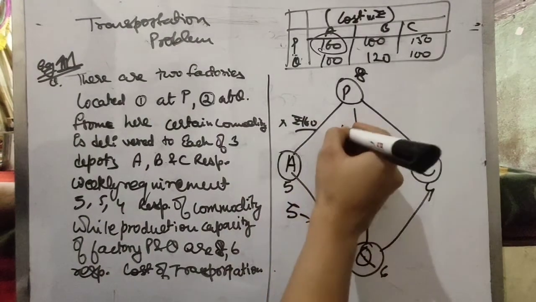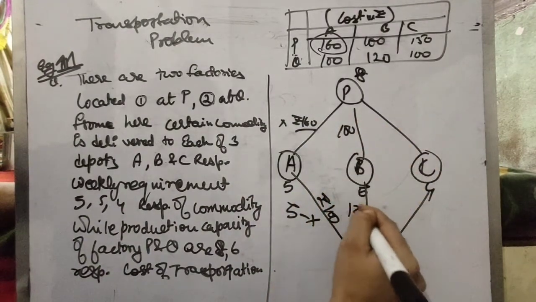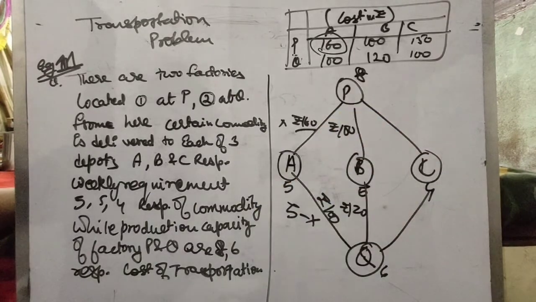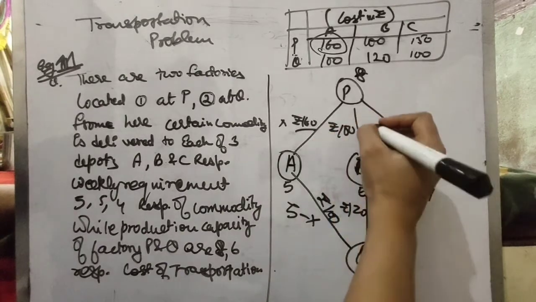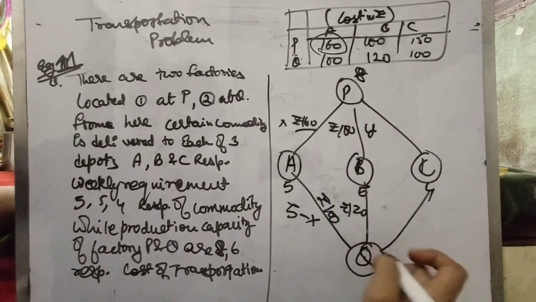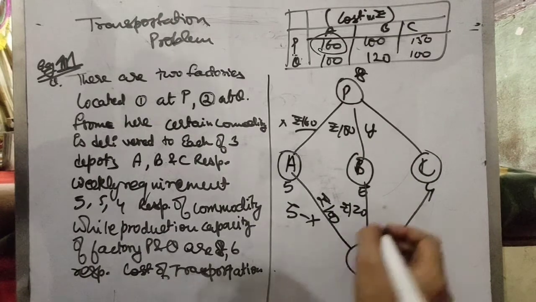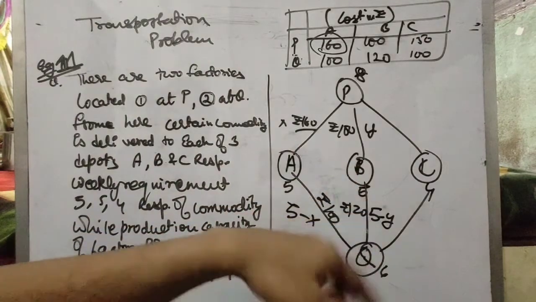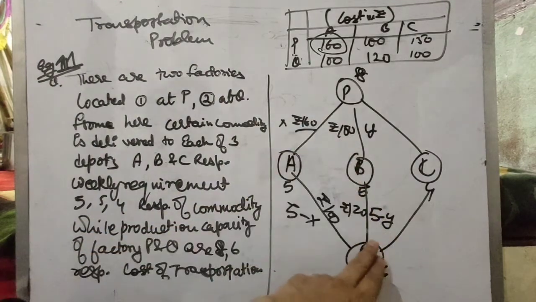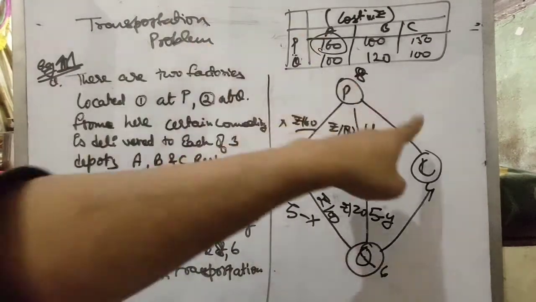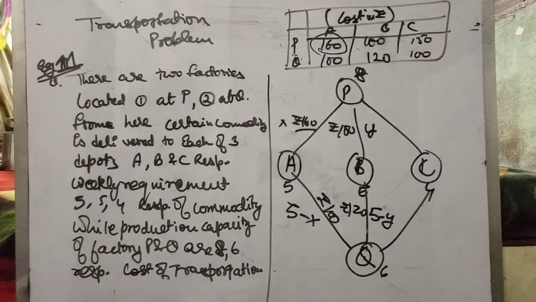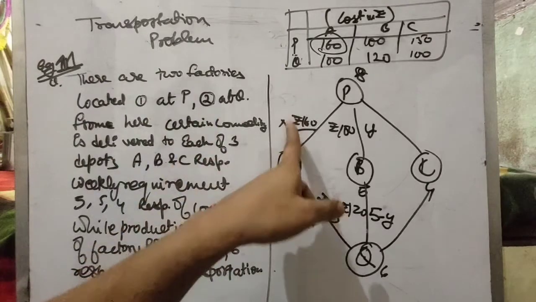So you can see here its cost is rupees 100 and 120 for both sides, that is from P company and Q company. Now here we will take up the Y quantity, and here we will take the quantity 5 minus Y. Obviously, if it requires 5 quantity, then we will have to subtract Y from 5. Now we can only use two variables. We cannot go with Z part because we only have a 2D plane, remember that. So you will not use Z, you will work only with X and Y.